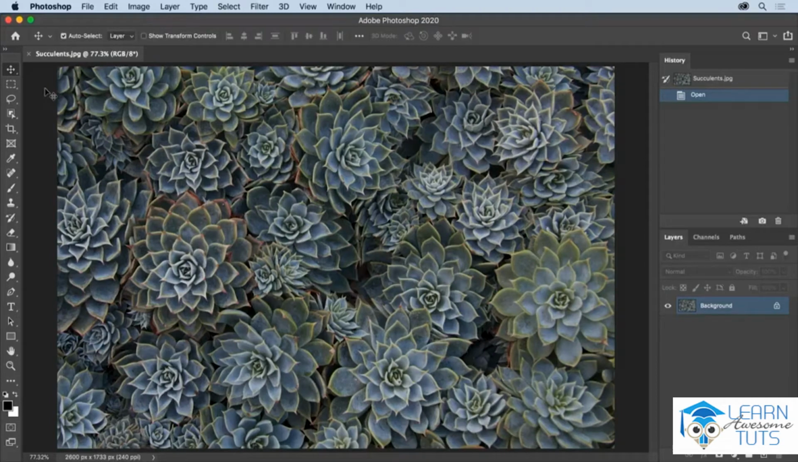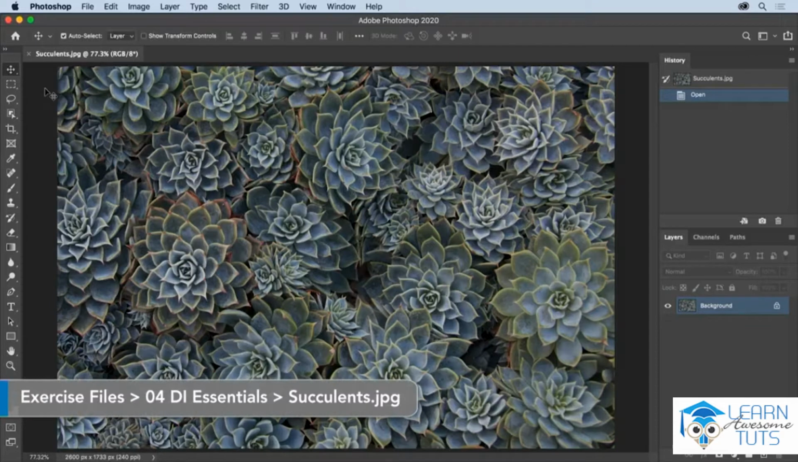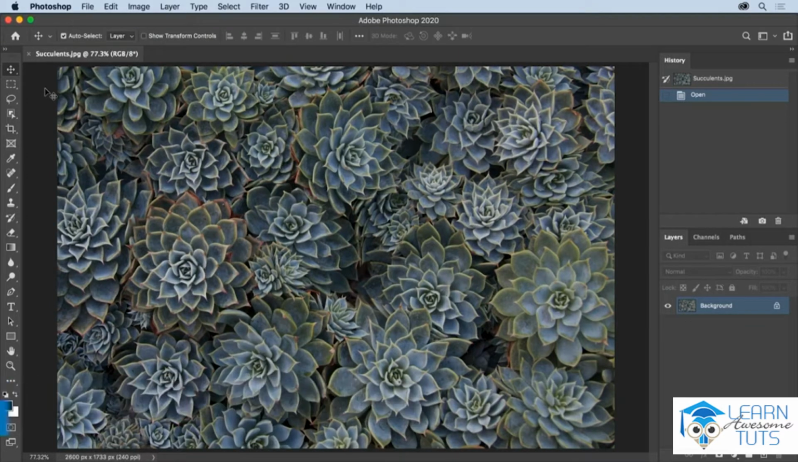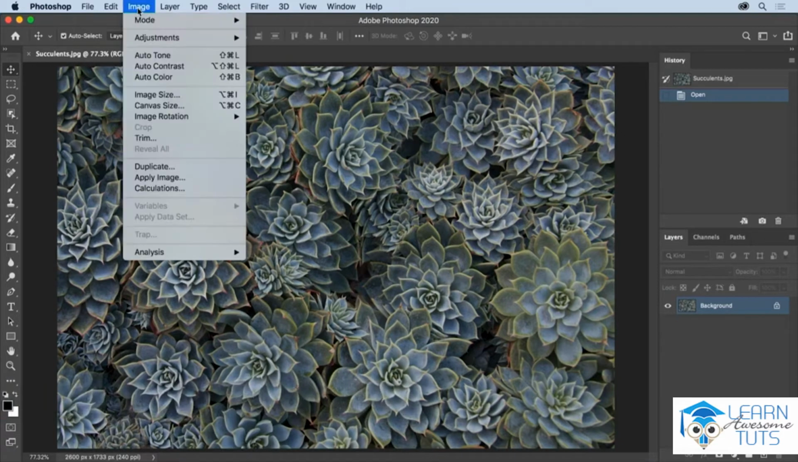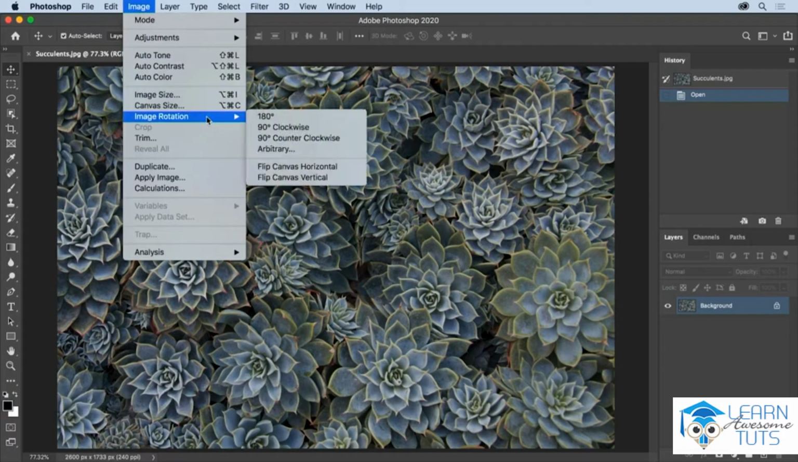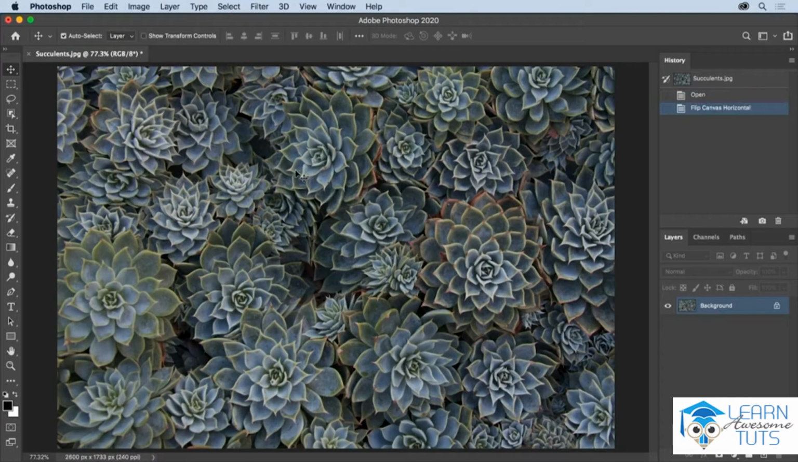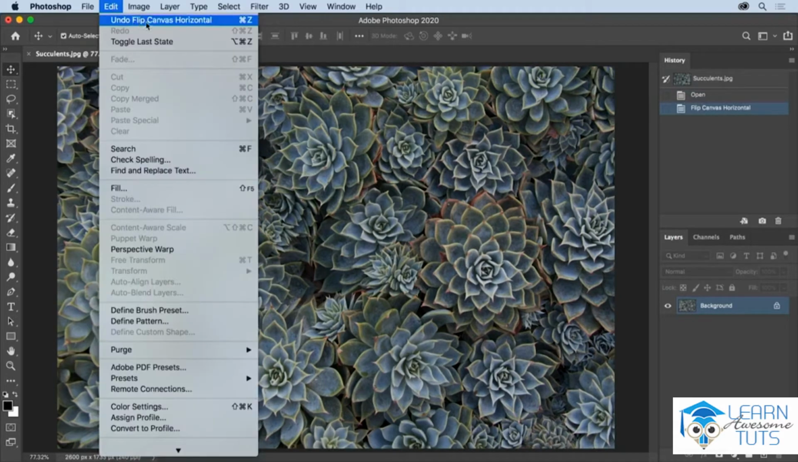One of the most important features in Photoshop is the ability to undo whatever you just did, because just knowing that nothing that you do is permanent allows you to experiment and play in Photoshop. For example, if I choose to flip this image by choosing Image and then Image Rotation and flipping horizontally, I can choose to undo this. I can choose the Edit menu and then choose Undo Flip Canvas Horizontally, or I can use the keyboard shortcut,